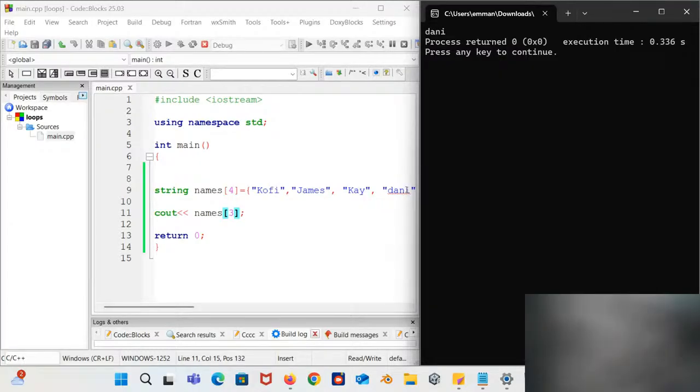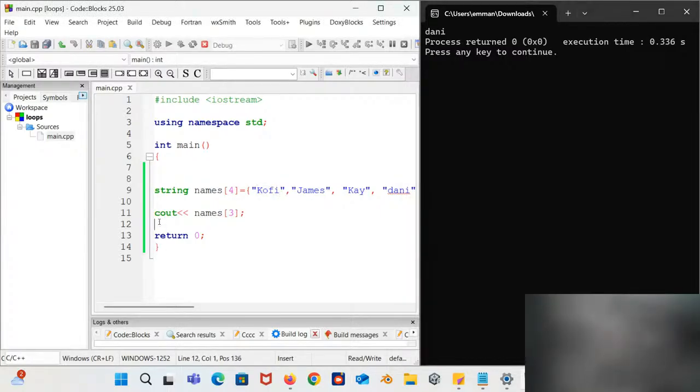All right. So now I believe that you all understand arrays, how to initialize or declare an array, and even how to see out elements or access elements in an array. Now, one thing about an array that we should also look at before we go is that you can actually change the value of an index in an array. So here, let's say, what is index 0? Index 0 is Kofi. We can change Kofi to a different name. How do we do that?